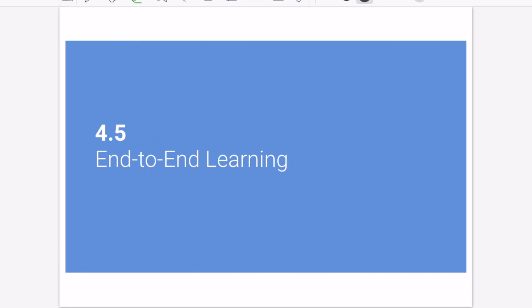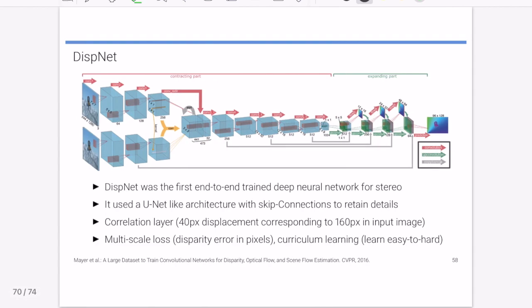So it was MC-CNN or spatialization. The last one is end-to-end learning. Of course, after some kinds of deep learning evolution, most of the convolutional network or the computer vision technique has been formulated in an end-to-end manner. End-to-end manner means from the input images, or from input to the output,